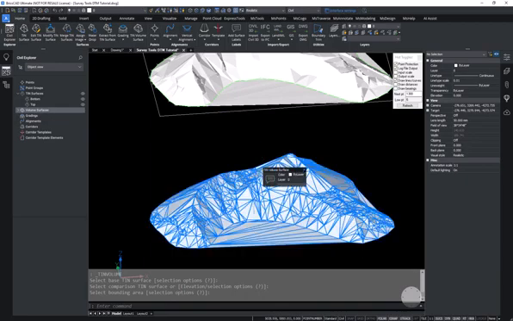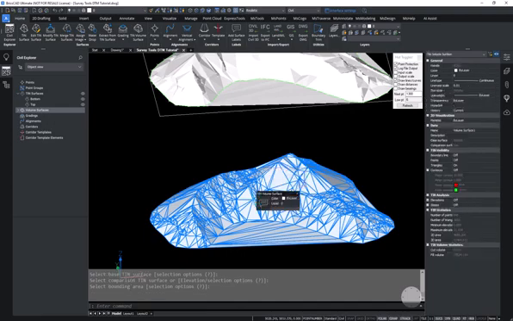Now we can look at the properties of that surface, and we can see what the volume is between top and bottom. We can also see the 2D area, the 3D area, and some statistics about the triangles that make that